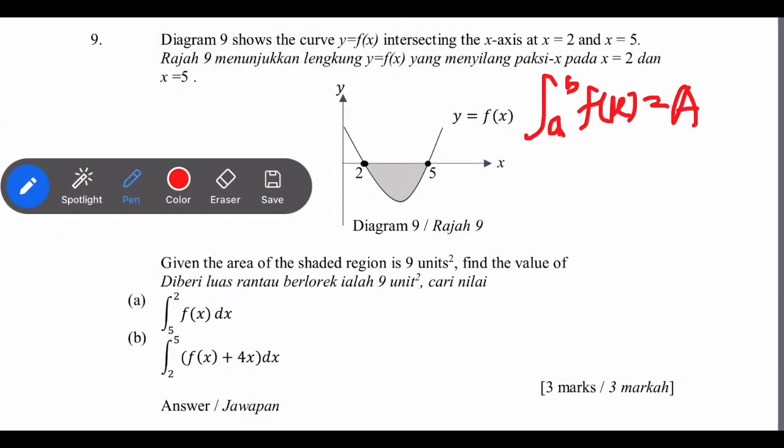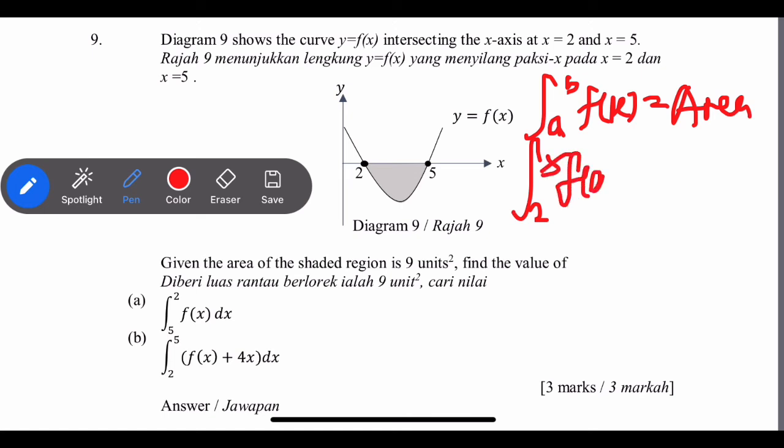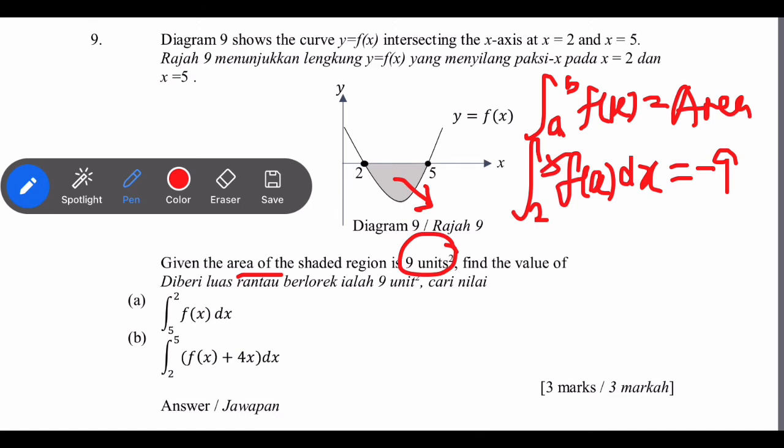See, this question is a bit challenging. Okay, integration means area, right? So integrate from 2 to 5 for the function dx is equal to positive or negative 9? It should be negative 9 because it is not area. When you integrate, the area actually is positive, but the value of integral is negative because it is below the